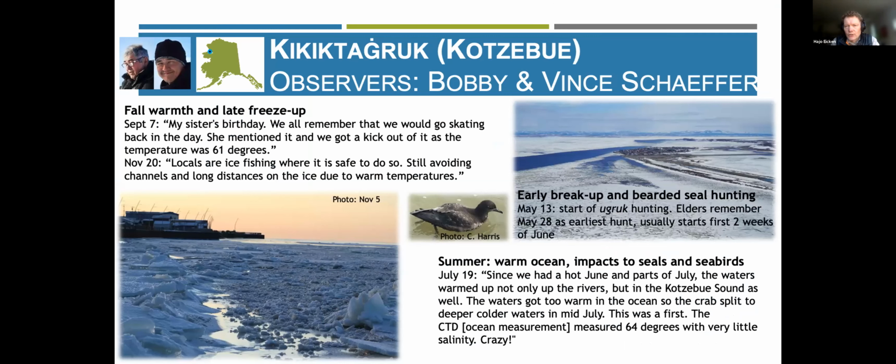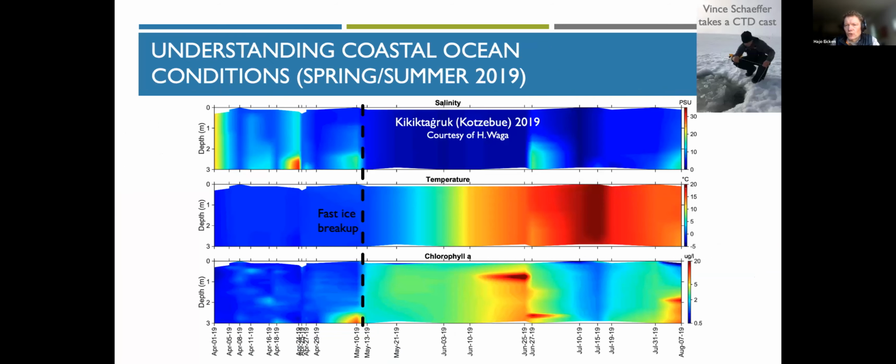And of course, they're looking at the sea ice holistically from a food security access perspective. But you see a reference, for example, here to CTD measurements, very warm water events that displaced crab from the area, a subsistence resource for the people in the region. And so I just want to make sure that you understand that these observers also have been deploying, in addition to making observations from their perspective, sub-ice CTDs.